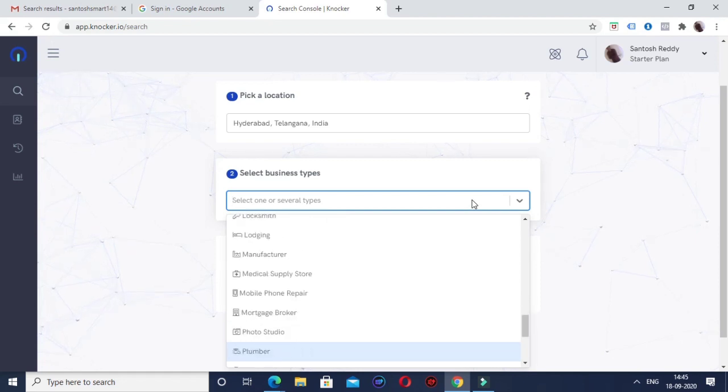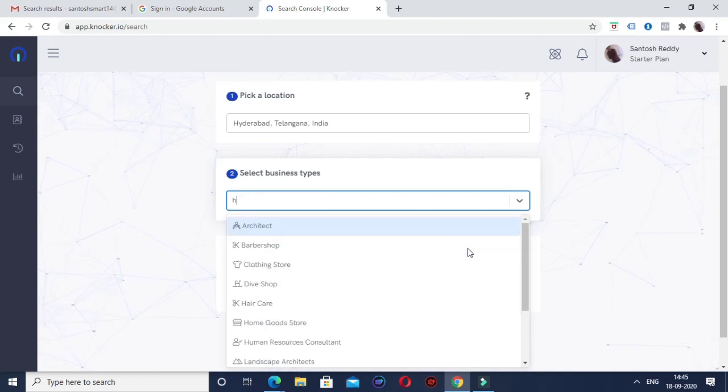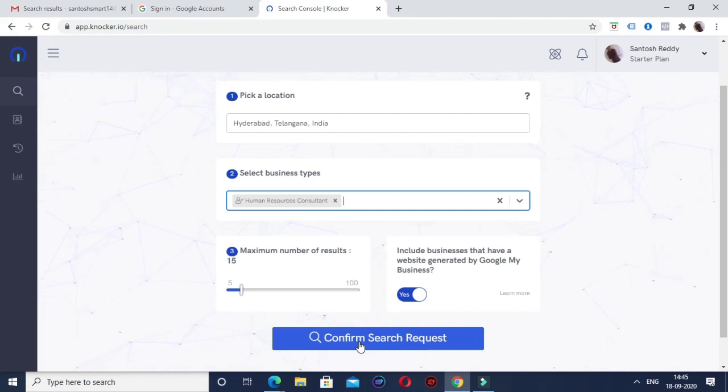I'm just showing you all the categories which are available. I want the business information of businesses in the human resources category located in Hyderabad which don't have websites. So I selected the location as Hyderabad, and the business type as human resource consultant.